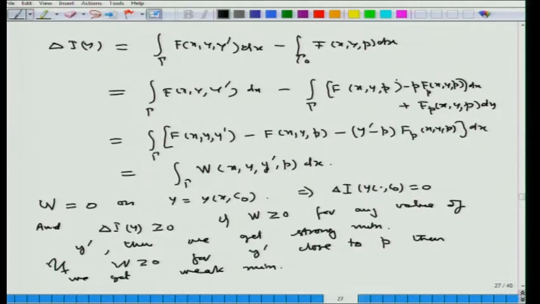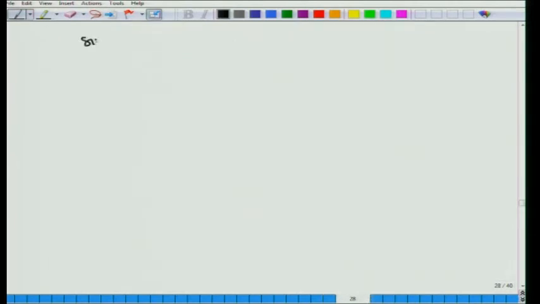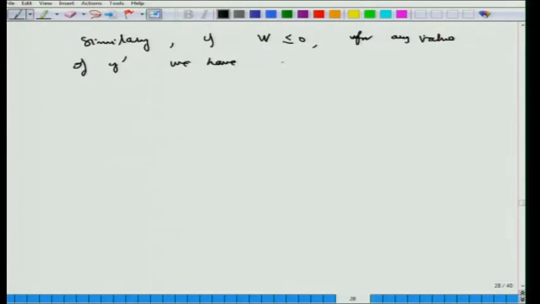Similarly, if w is less than or equal to 0 for any value of y prime, we have a strong maximum,